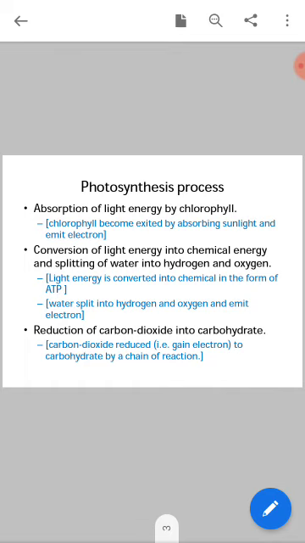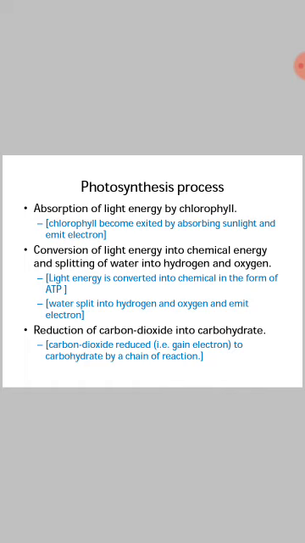There is only some amount, or some wavelength, of light which chlorophyll can absorb. So these photon particles, or this light, are absorbed by the chlorophyll, and as a result of absorbing, chlorophyll becomes so excited that it emits an electron from its body. There are different types of chlorophyll, chlorophyll A, chlorophyll B, and many more. All the chlorophylls present in a leaf absorb sunlight, and after absorbing it they become very excited, so that they emit electrons. So this is the first step in the photosynthetic process, the absorption of light energy by